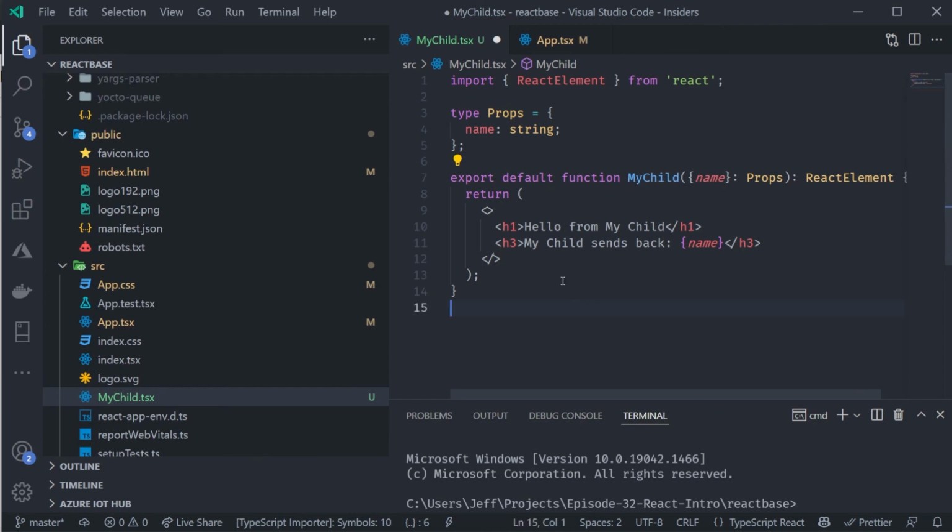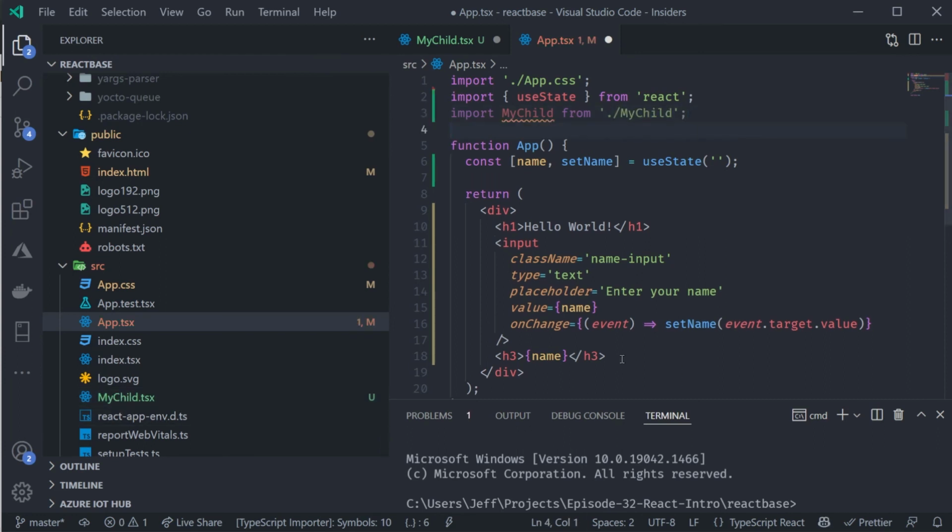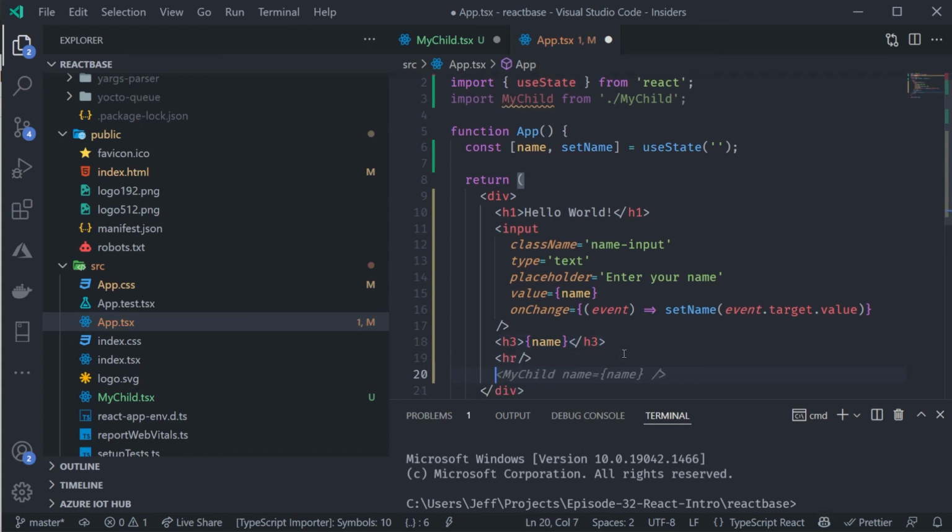So in order to use my child, we have to export it. It's already being exported on this line, export default, which default means it's the only thing exported from this file, and we don't need curly braces to import it. So knowing that, I can go back to my app, and I can import my child from, and in here, my child is in the same directory, so ./mychild. And then below the H3, I'm just going to put an HR, or horizontal rule, and I'm going to put the mychild